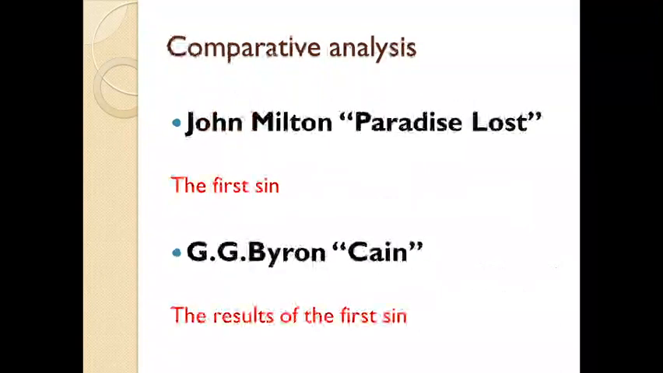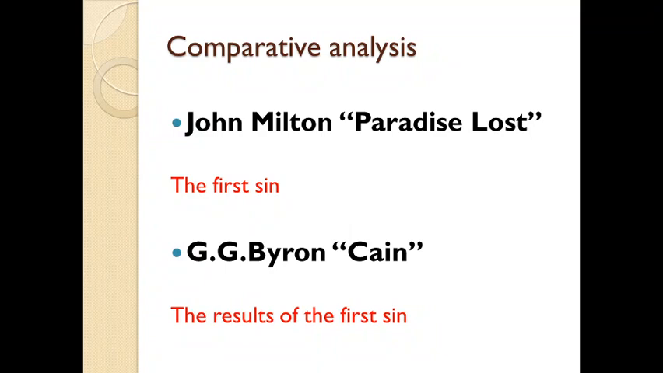So, in the comparative analysis of the play, I would like you to compare it with Paradise Lost by John Milton, because both plays are based on the first scene. But Paradise Lost is all about the first scene, and Cain is the result of the first scene. So please, just use your own approach, your own analytic style to analyze these two